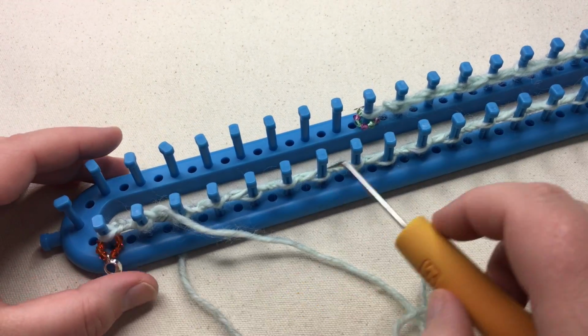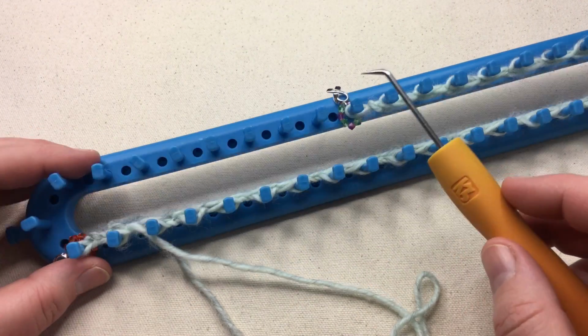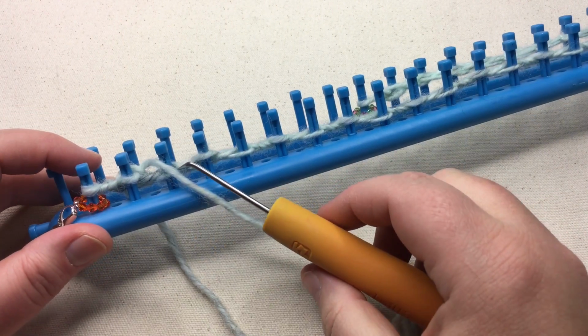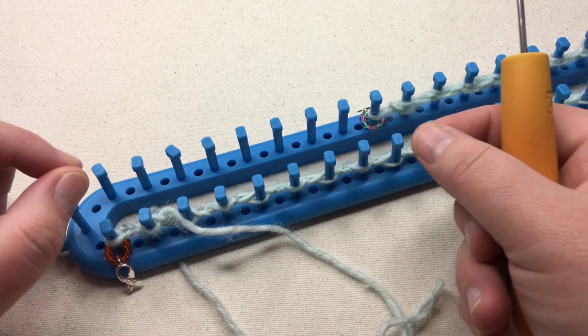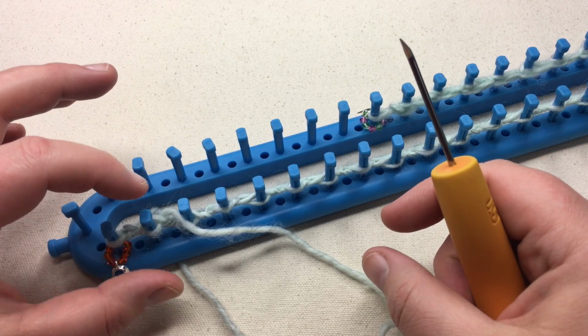So you're going to work these stitches back and forth. When you get to the beginning of row 1, you'll know that you've done 2 rows. We want to work 36 rows for this, or 4 inches. It will be very stretched out and it'll be hard to measure, and you might think you only have 2 inches or 3 inches,